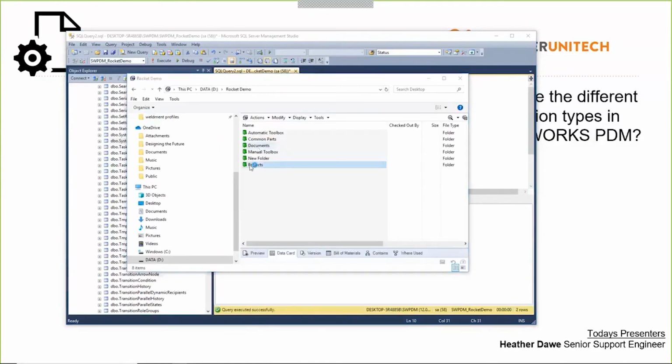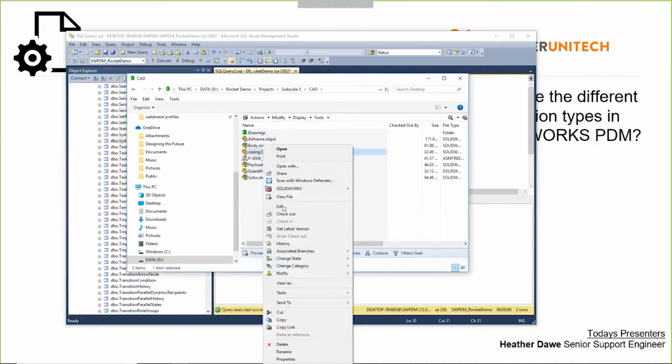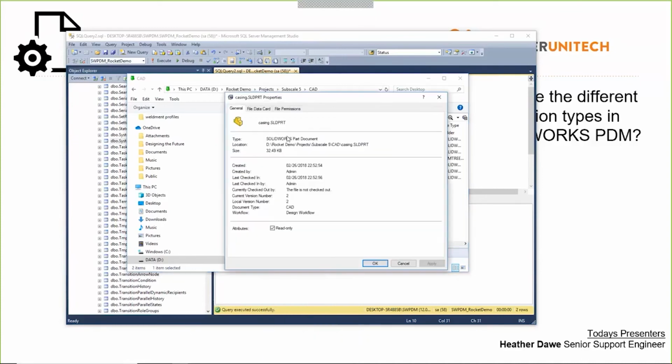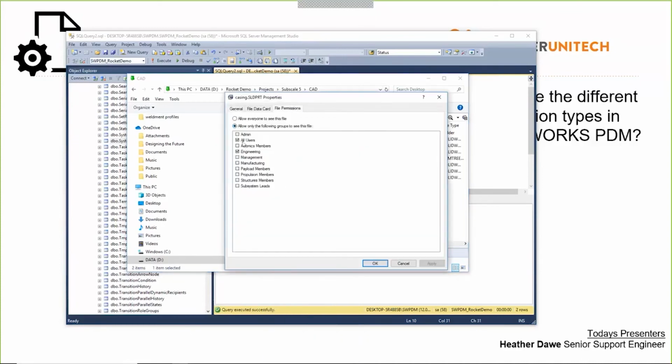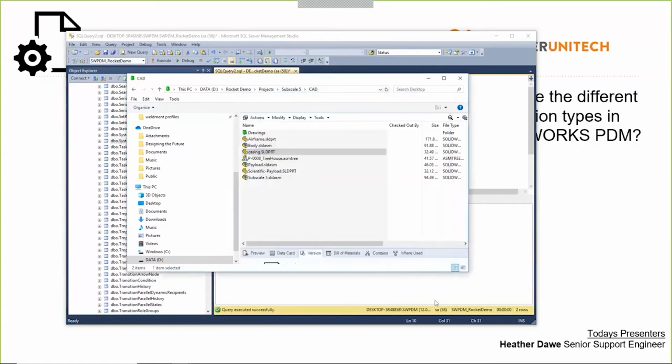So I'm going to go to Project, Subscale 5, CAD, look at the casing file. So right-click, Properties, File Permissions. And lo and behold, only all users in engineering can see these files. So someone maybe in management that wasn't in the all users group for some reason isn't able to see this file. I don't want this to happen, so I'm going to check allow everyone to see the file, hit apply,